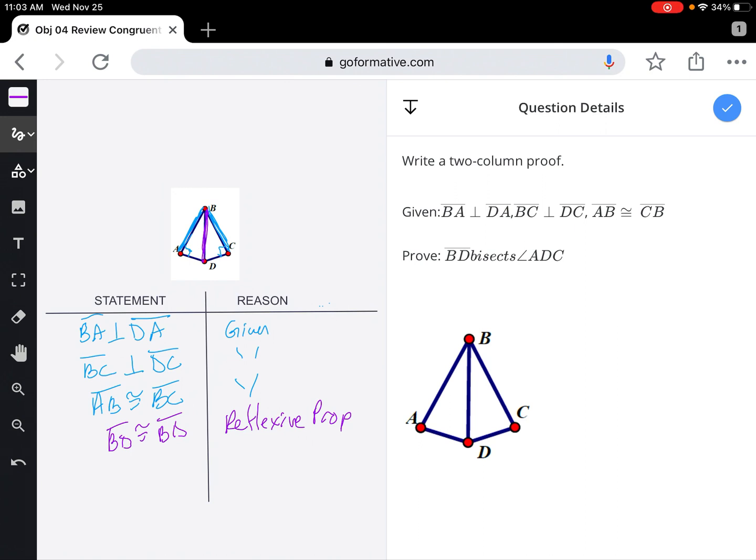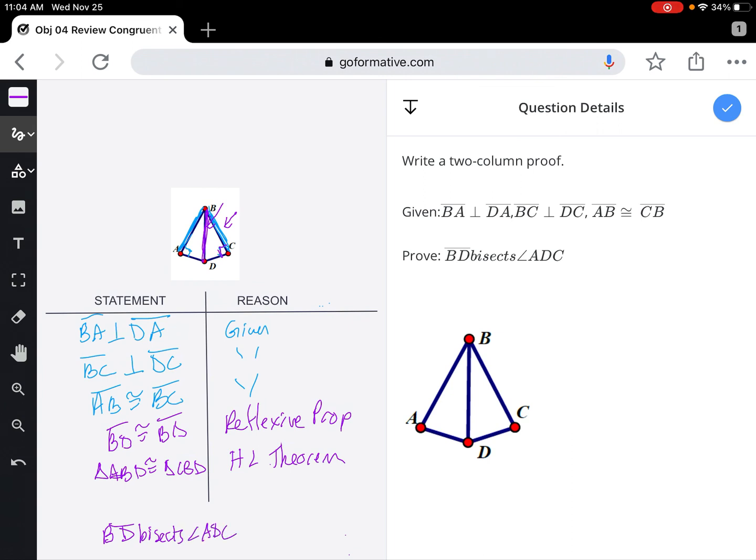Okay, and for this, I know that I have a hypotenuse and I have a leg, and these triangles are right. So this isn't angle side side, or side side angle. This is going to be, I know that triangle ABD must be congruent to triangle CBD by hypotenuse leg theorem. And you can write it out if you want. Okay. Now we're trying to prove that BD bisects angle ADC. And so I know that that's going to be my last line. I'm going to just leave a little space. So BD